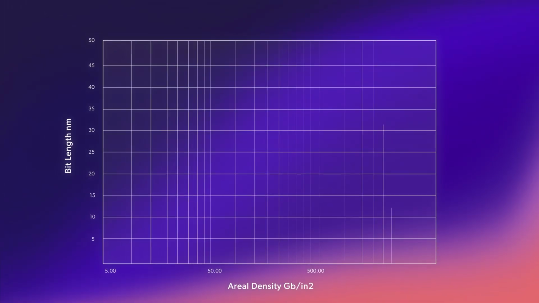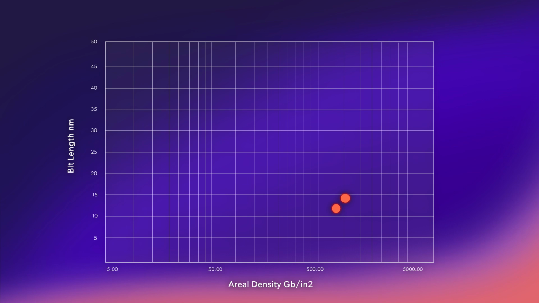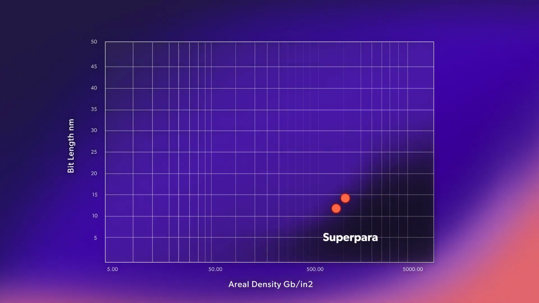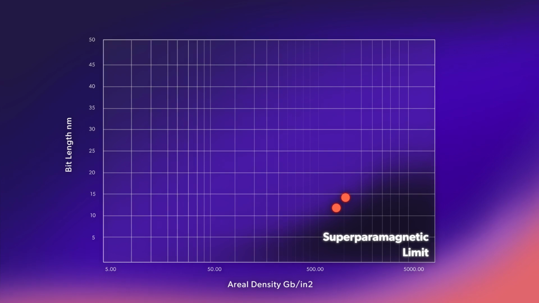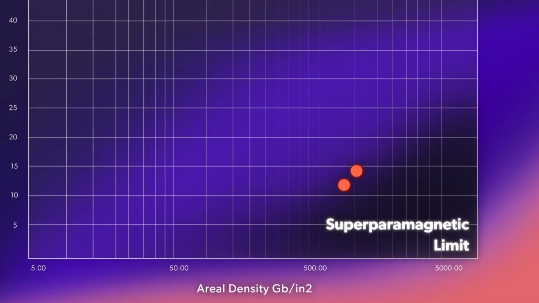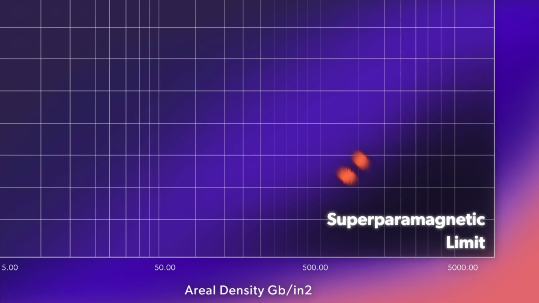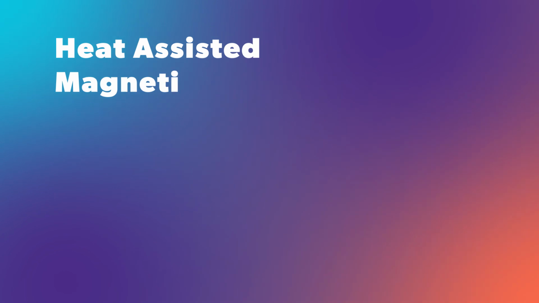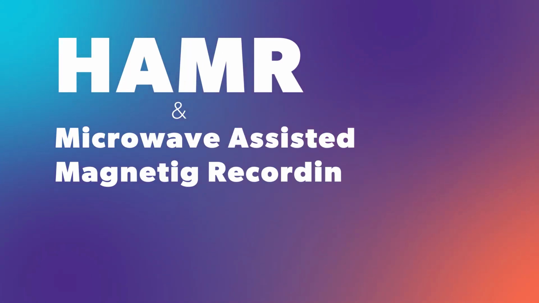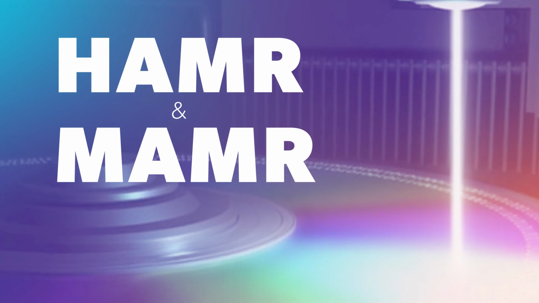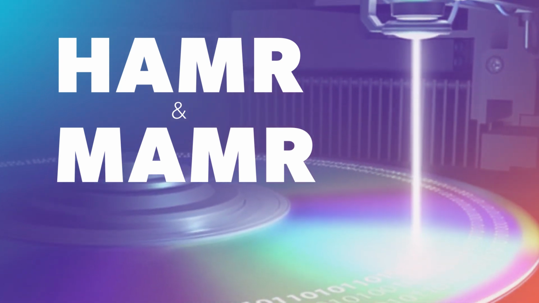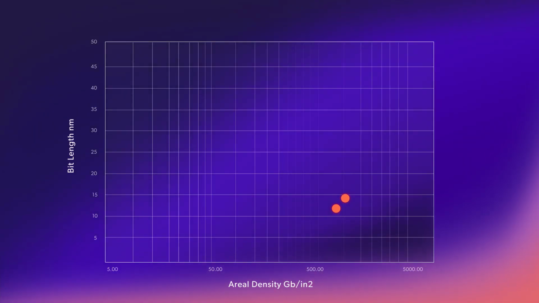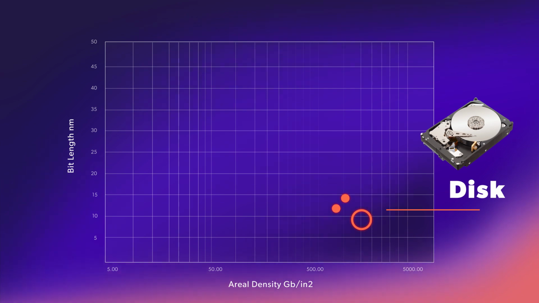One of the reasons hard disk drive capacity growth has slowed dramatically is because hard disk areal densities are already very close to the superparamagnetic limit. This means particles cannot be made any smaller without either becoming unstable or too resistant to having their magnetic state changed. Technologies like heat-assisted magnetic recording and microwave-assisted magnetic recording are designed to boost areal density by overcoming the issue of writing to very highly coercive media. But these are largely unproven at scale, and the gains in capacity that are being achieved are relatively modest in